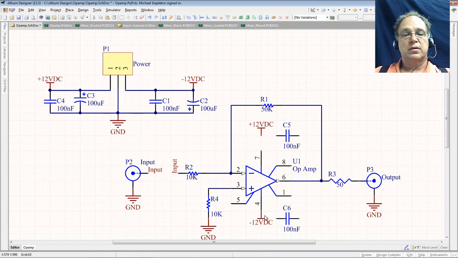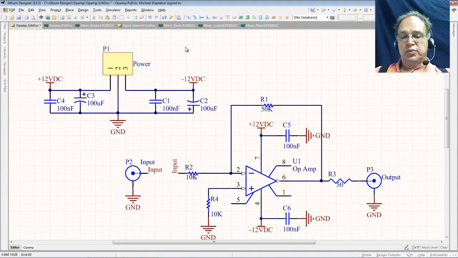Lift up my net. I'll move this net. Get my wiring tool again. You see how I'm wiring these up. And I'm going to come up to my toolbar, grab my ground, place my ground, place my ground,